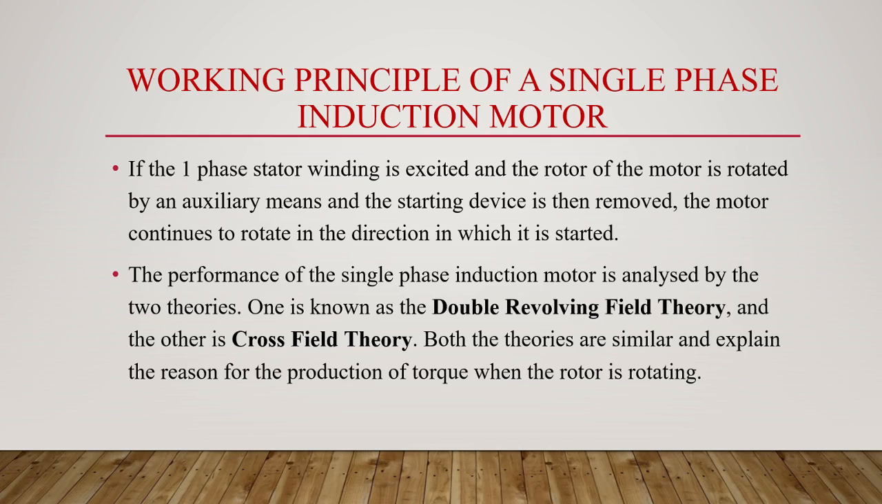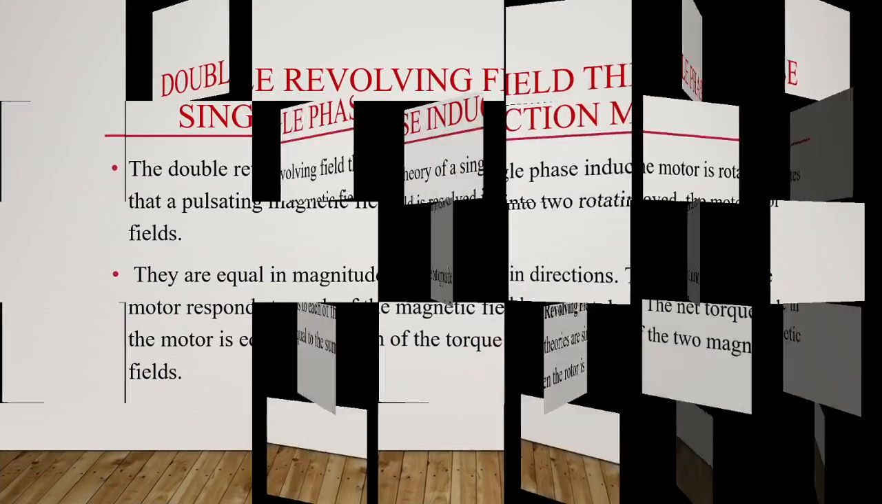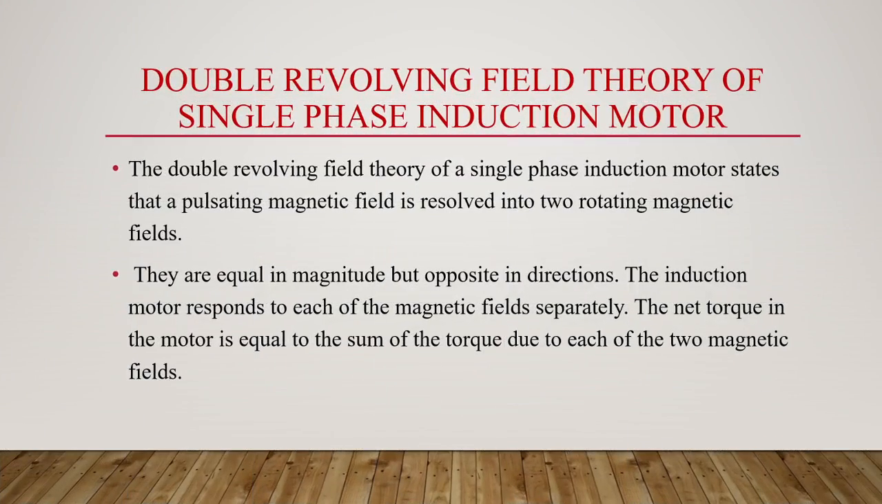So both the theories are similar and explain the reason for the production of torque when the rotor is rotating. The double revolving field theory of single phase induction motor states that the pulsating magnetic field is resolved into two rotating magnetic fields. They are equal in magnitude but opposite in direction. So the induction motor will respond to each of the magnetic fields separately. Net torque in the motor will be equal to the sum of the torque due to each of the two